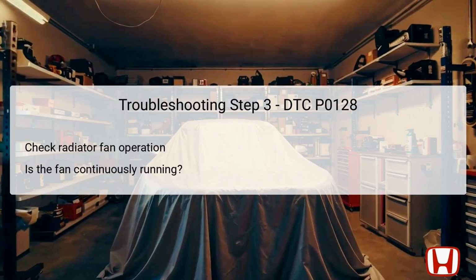Both components can prevent the radiator fan from responding to the ECT sensor signals. In this case, further checks on the circuit and relay will be necessary. If the fan is not running, you will proceed to the next diagnostic step to isolate the issue more effectively